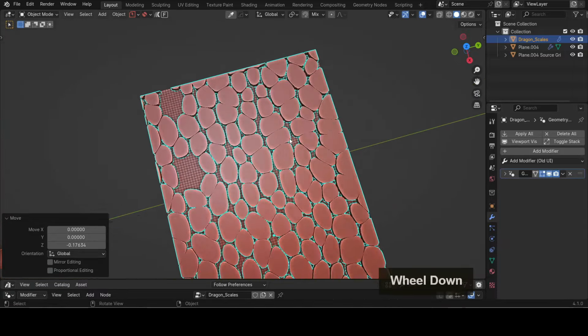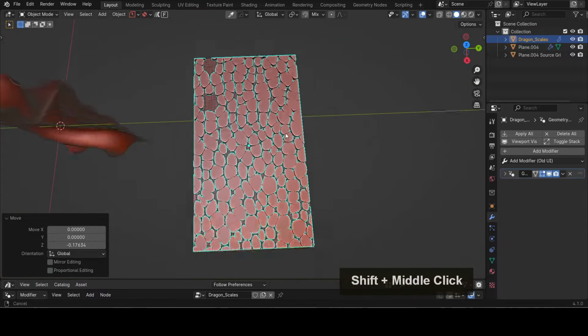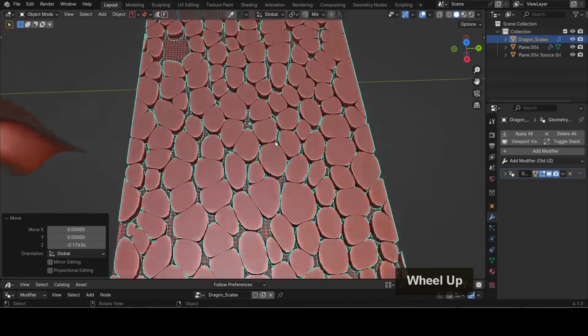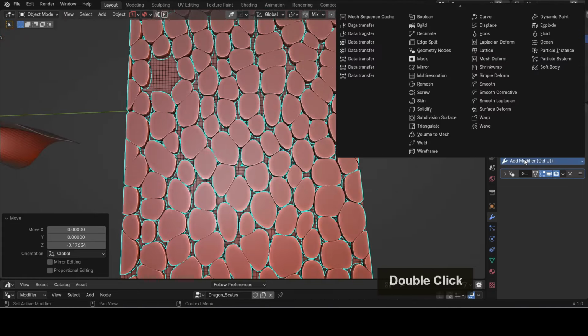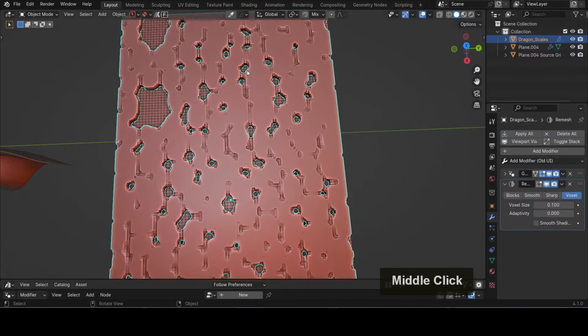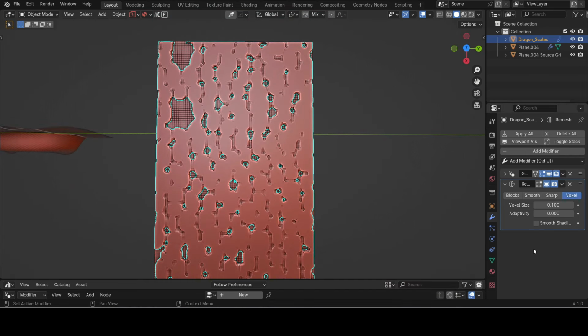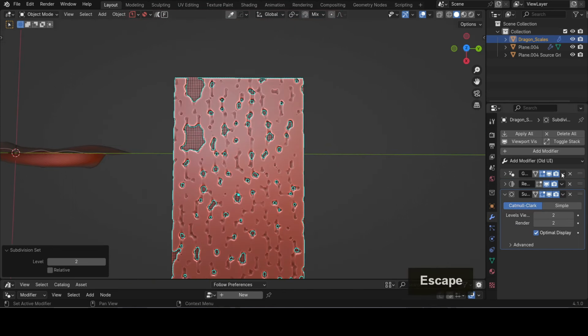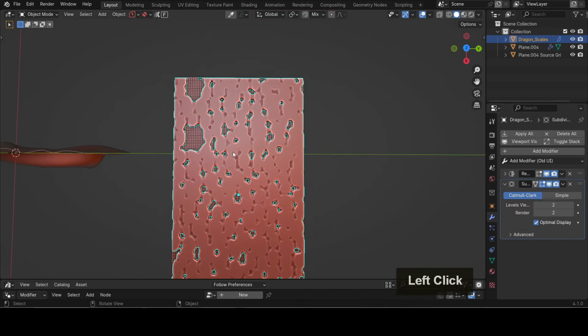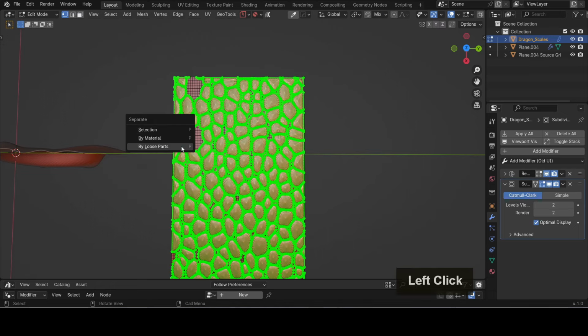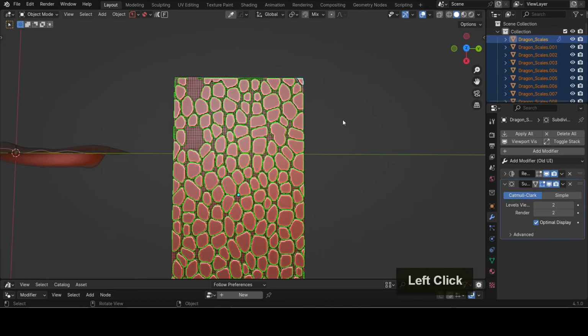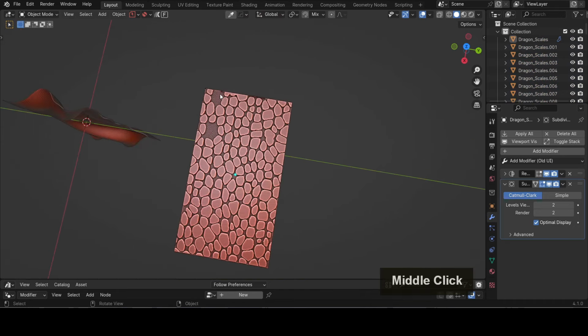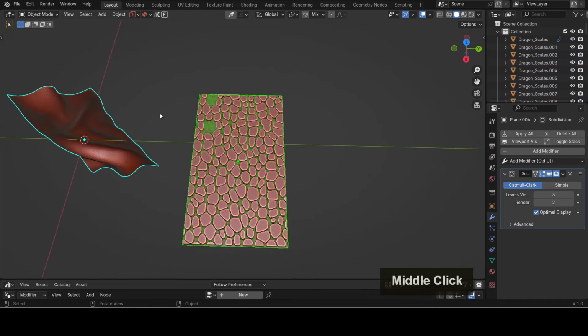And what I'm going to do is just to make this really easy. Do I want the gaps to be a bit bigger? No, I think I actually quite like this. So we'll just come over here, add our remesh modifier again. It makes it look messy, but that's fine. And while this is all together, I'll also Control and 2 to add in a subdivision surface on everything. Then I just apply the geometry node modifier, go into vertex mode, A, P, loose parts, and then we've got all of these scales. What I'm going to do is just select those two and H to hide them,